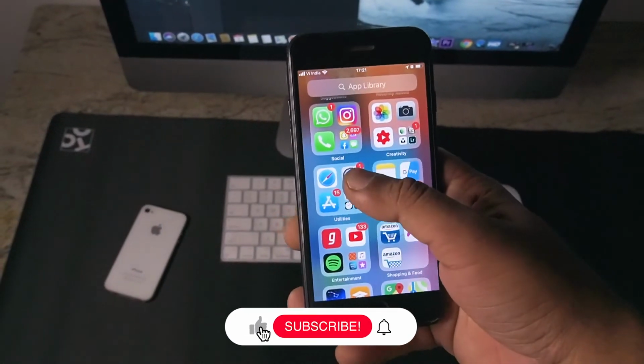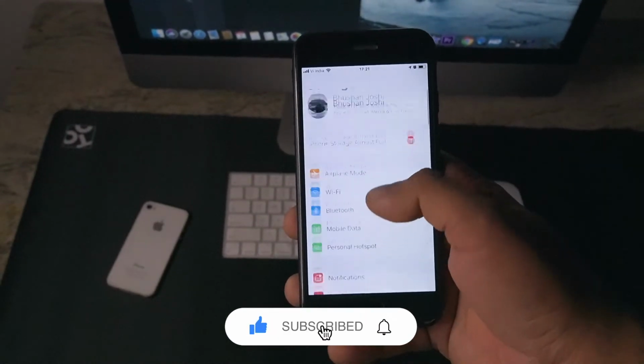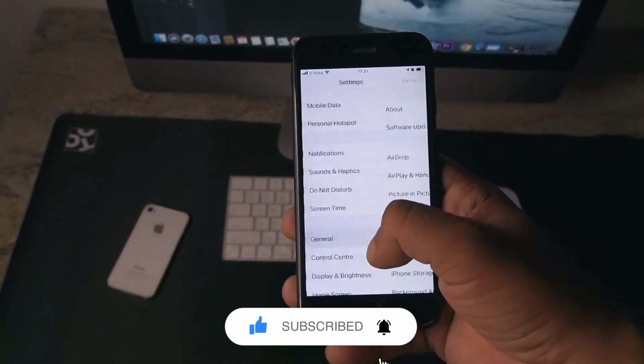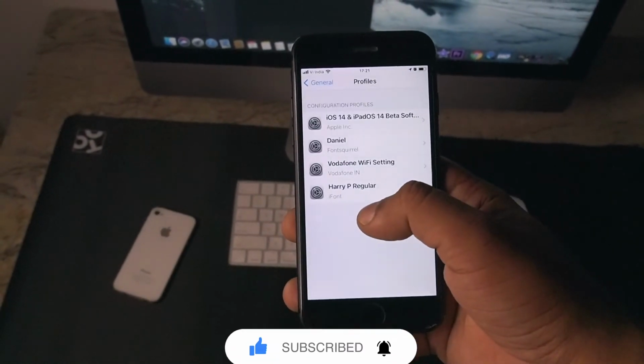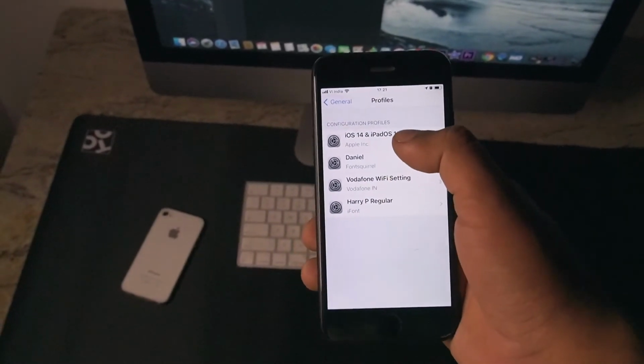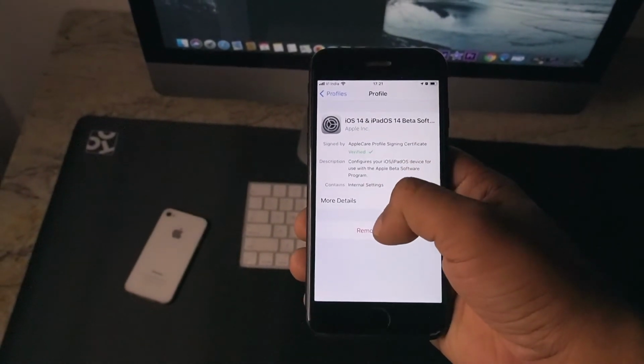So these were all the bug fixes in the iOS 14.2 release candidate. If you wish to remain on this stable version of iOS and opt out of the beta version, all you need to do is head to Settings, click on General, scroll down to Profile, click on this profile and hit Remove. Once the profile has been removed, you will continue on the iOS 14.2 stable version that will be available to the public in, I guess, next week or two. So that's all with the iOS 14.2 release candidate.